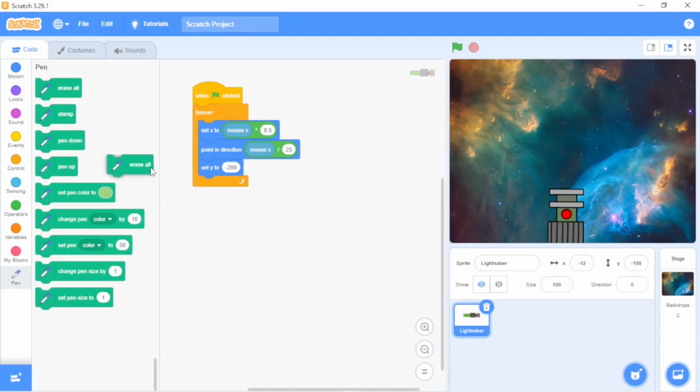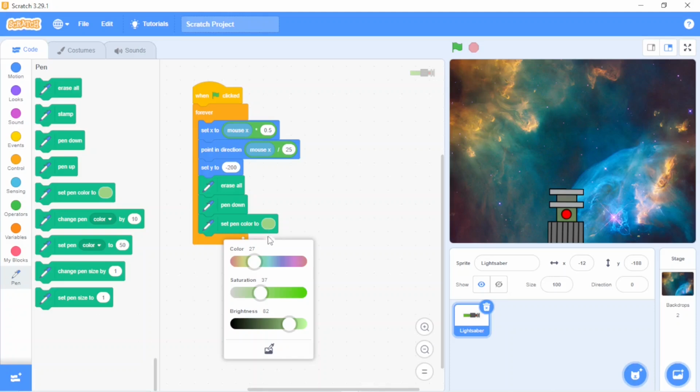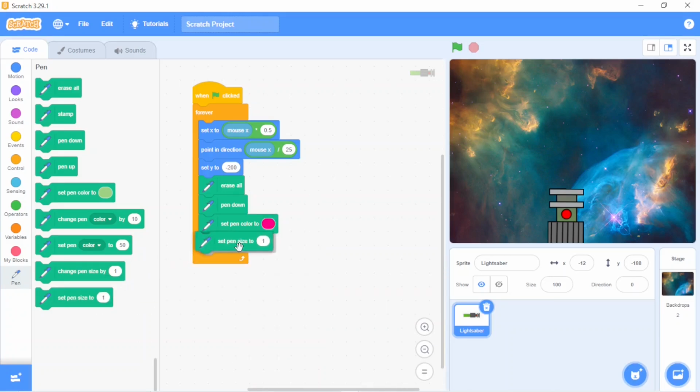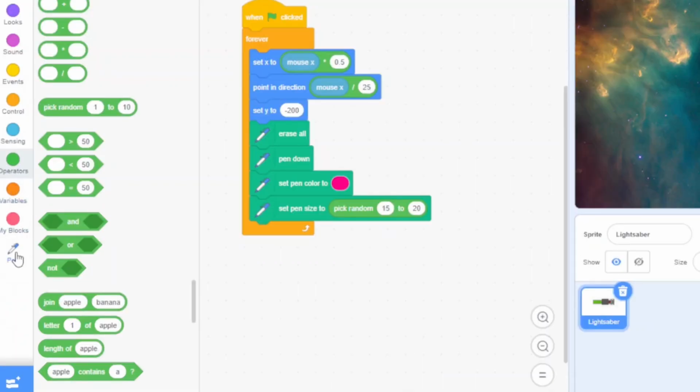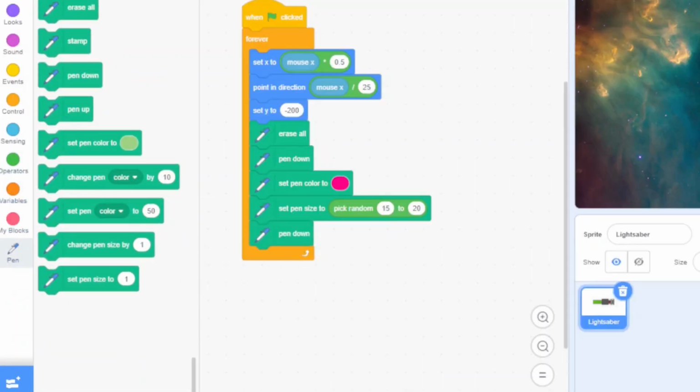And after this, go to pen and take this erase all. Pen down. Set pen color to, I will take pink. Set pen size to, operators, pick random, 15 to 20. And then pen down, motion,